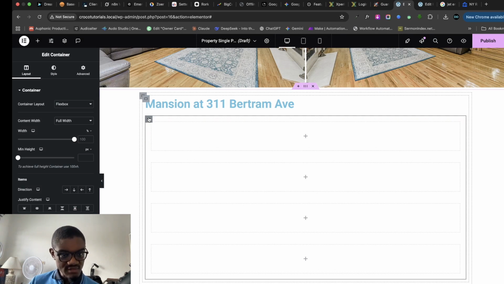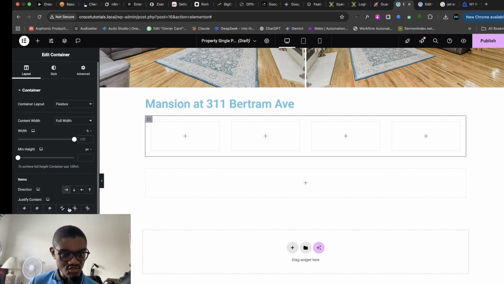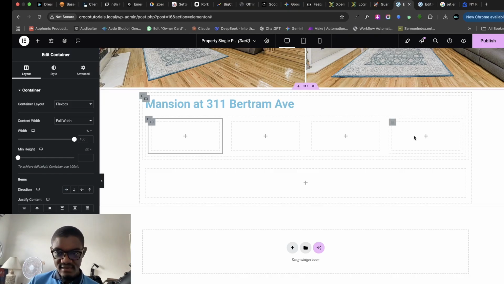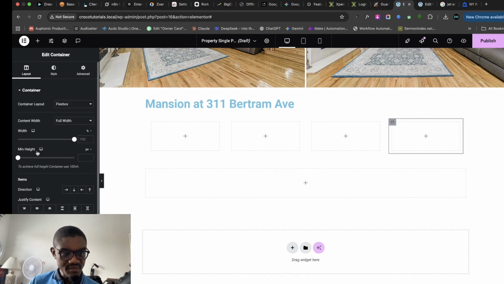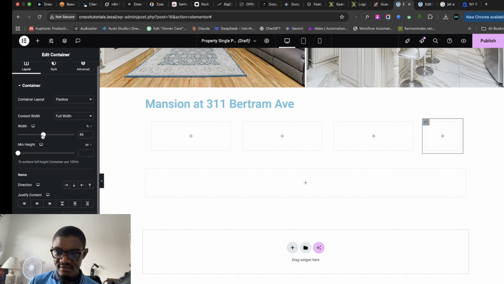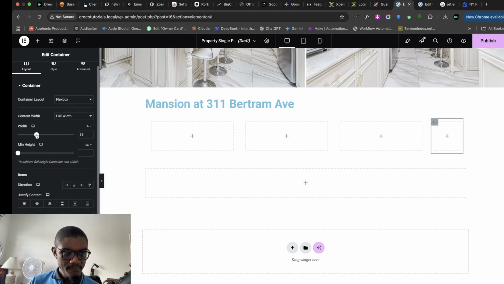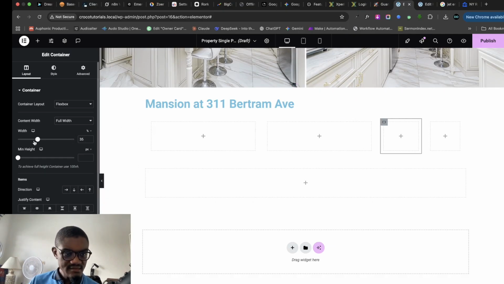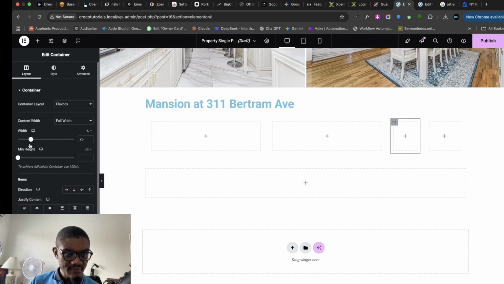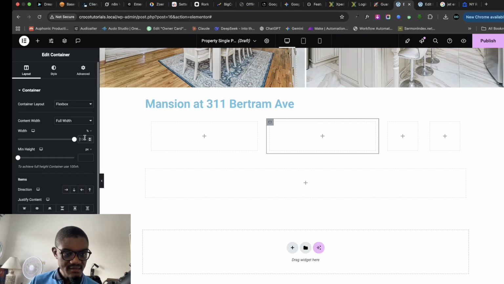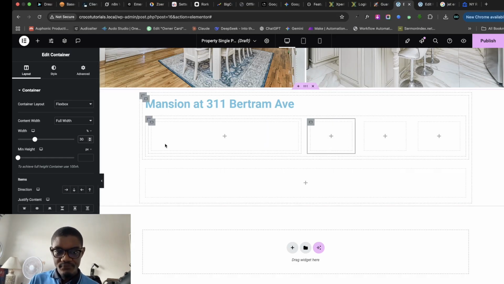And then I'm going to come to this container. I want to align it to be horizontal. Now, I don't want all of them to be the same. I want this to be, let's say, 30. This 30. Then